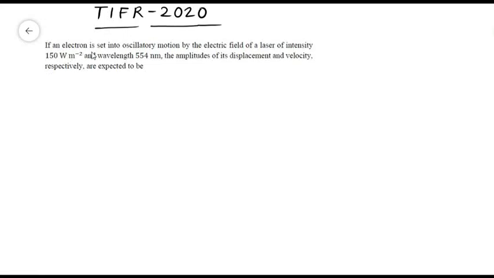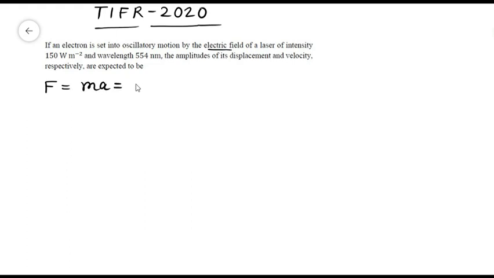In this question, we are given that the electron is set into an oscillatory motion by the electric field of a laser of the given intensity, and we need to find the displacement and velocity. So in order to solve this problem, we need to first solve the equation of motion. The equation of motion from Newton's second law can be written as F equals mass times acceleration,